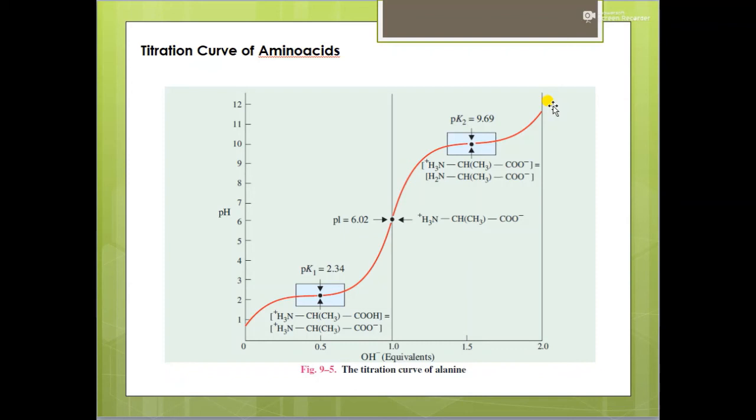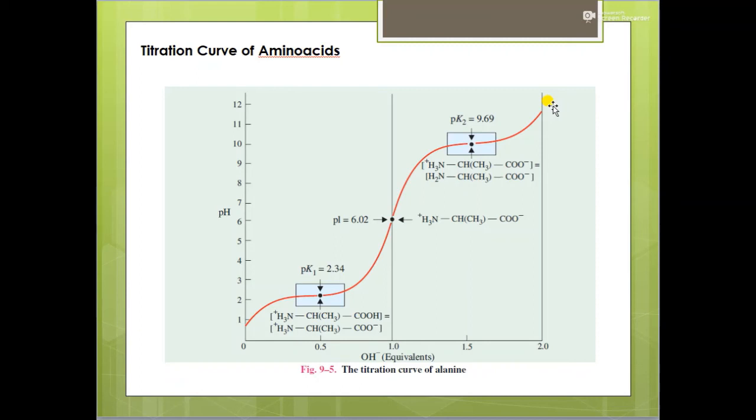So the pH value 6.02, at which the average net charge is 0, is called the isoelectric point, or the isoelectric pH. It is midway between the two pKa values, 2.34 and